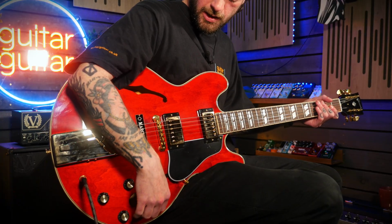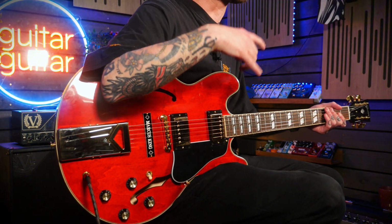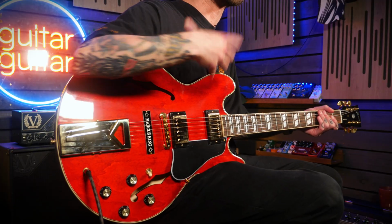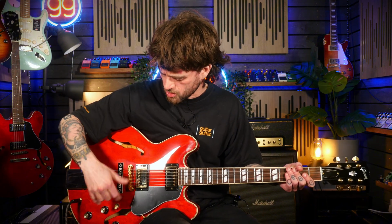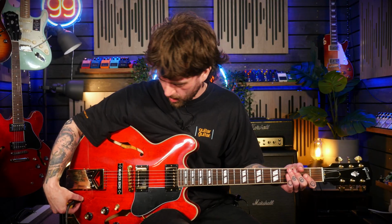But he's clearly a man of taste, because personally, 345 is my favourite out of the 3.5s, if we're going to be calling them the hollow body, double cutaway Gibsons. 335s are cool, 355s are cool, but I have a special place in my heart for 345s. Now, this isn't a bread and butter 345 as you would get if we are talking about a classic one. A couple of changes on this. We don't have the Varitone. It is just a mono input to this as well,